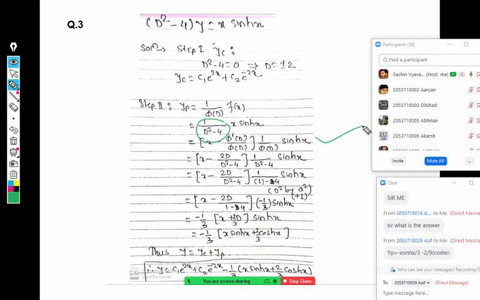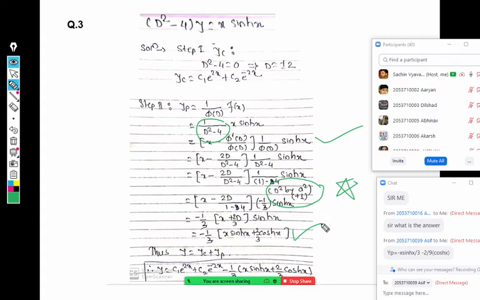Where phi d is d square minus 4, and its derivative in the numerator is 2d, and we replace d square by plus 1. This is the important thing again, d square by plus 1. Here some of the students make a mistake. They sometimes in a hurry replace d square by minus 1 in hyperbolic, and in circular they do the reverse, a few of the students. But yes, for d square by plus a square, we should replace d square by just 1. So in both places you can replace d square by 1, and the derivative of sine hyperbolic x is cos hyperbolic x, and that's the answer. So this is minus 1 by 3 into x sine hyperbolic x plus 2 by 3 cos hyperbolic x.